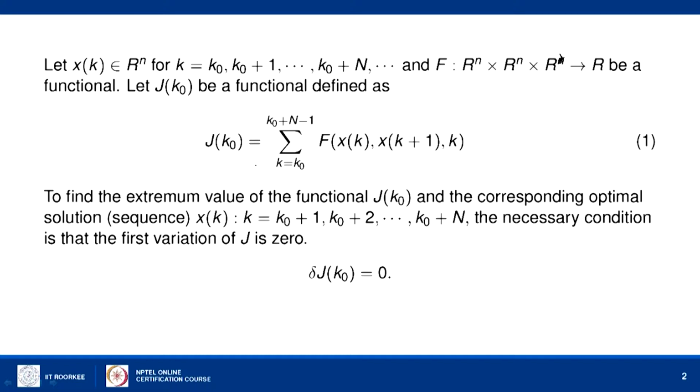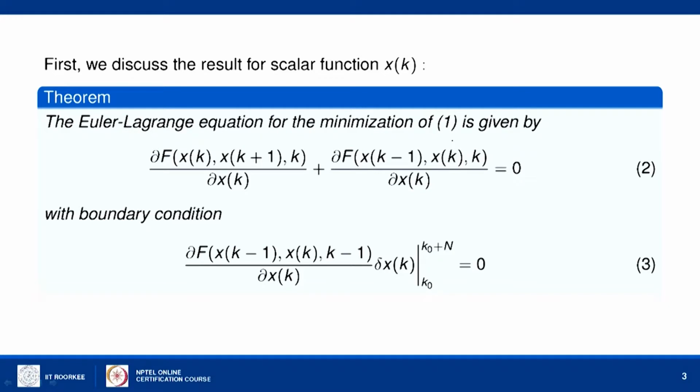In some problems it may maximize. So, in this lecture we will find the necessary condition for finding the optimum value of this expression. The necessary condition may provide either the maximum or minimum value, or it may not provide any of these, because it is only a necessary condition. So, for finding the optimum value of J, the necessary condition is that the variation in J should be equal to 0. Del J of this expression is equal to 0. To calculate this del J, we will obtain the necessary condition as follows.